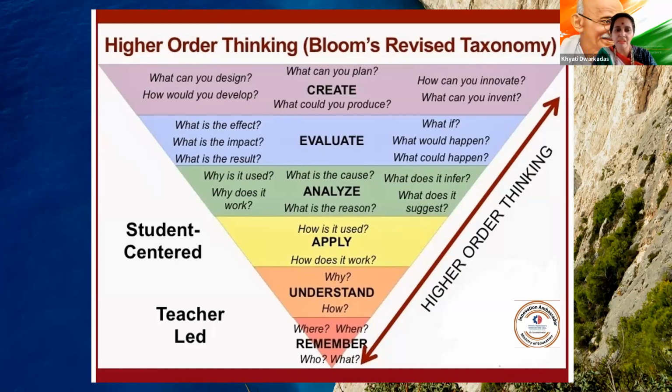So you can look at the screen. Remember is the lower order. So you move from the lower order to the higher order. Normally Bloom's taxonomy is given as an apex pyramid with create on top. But this time I have kept the pyramid inverted with a purpose, that the most important, the highest order, is creation. And that's where we need to focus.